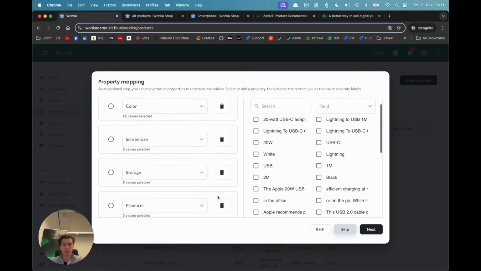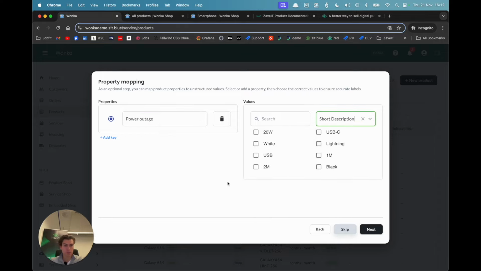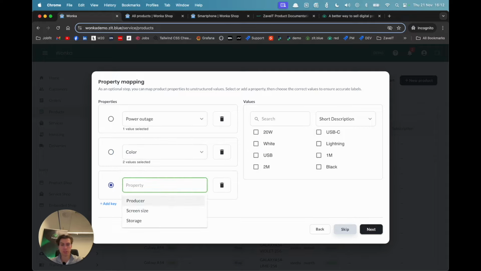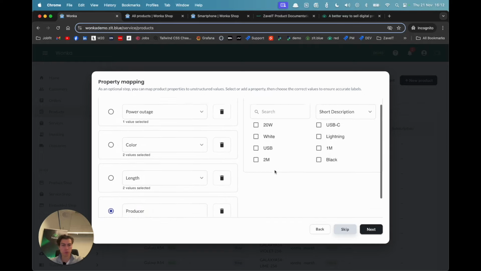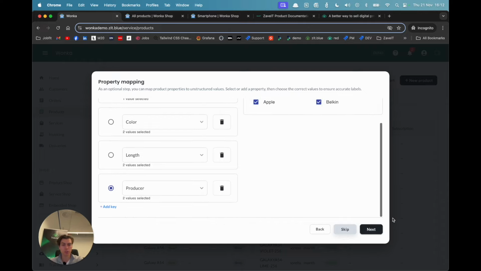Then let's see here, these are all values, so let's remove these. So for cables, we have power output. Let's add that one. And here we're at 20 watts, and yeah, I think that's about it. And I know we have colors as well. That's white and black. And then we also have length, which is 2 meters and 1 meter. And lastly, we want to have producer as well, which is down here. It's Apple and Belkin. So we can just go ahead